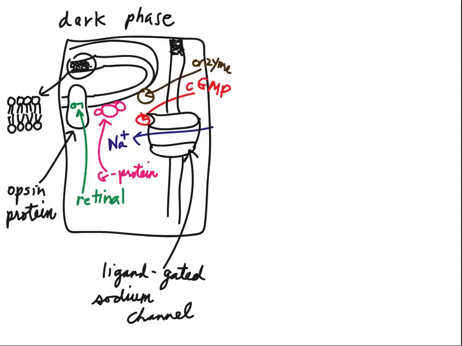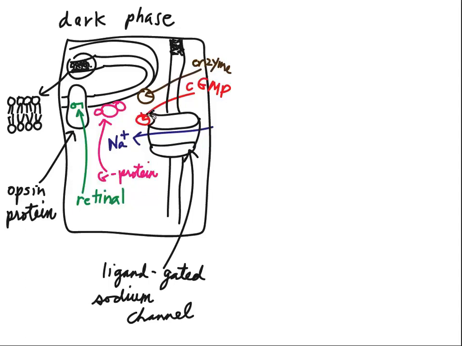In review, we remember that the retinol is curved in the dark. Because the retinol is curved, the G protein is not activated. If the G protein is not activated, the enzyme is not activated. Therefore, cyclic GMP levels can rise, and cyclic GMP can bind to the receptor site on this ligand-gated sodium channel,